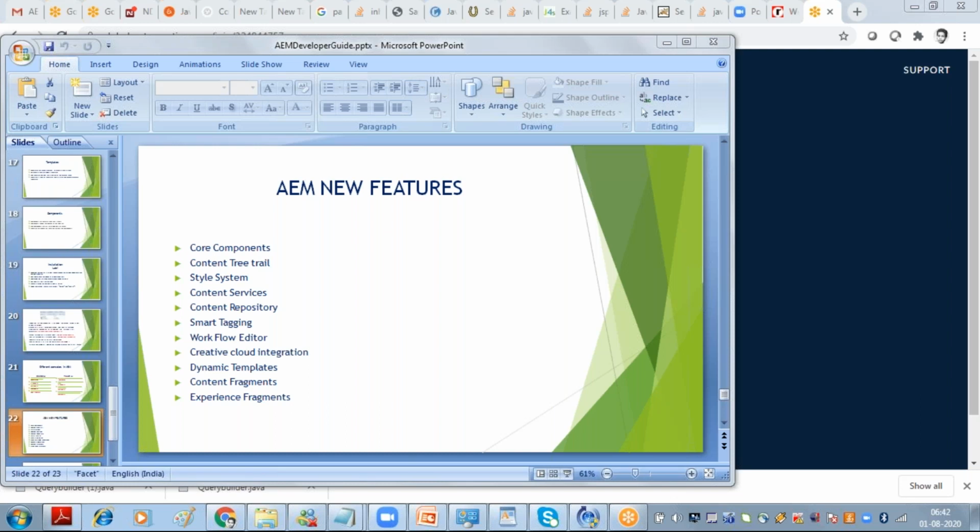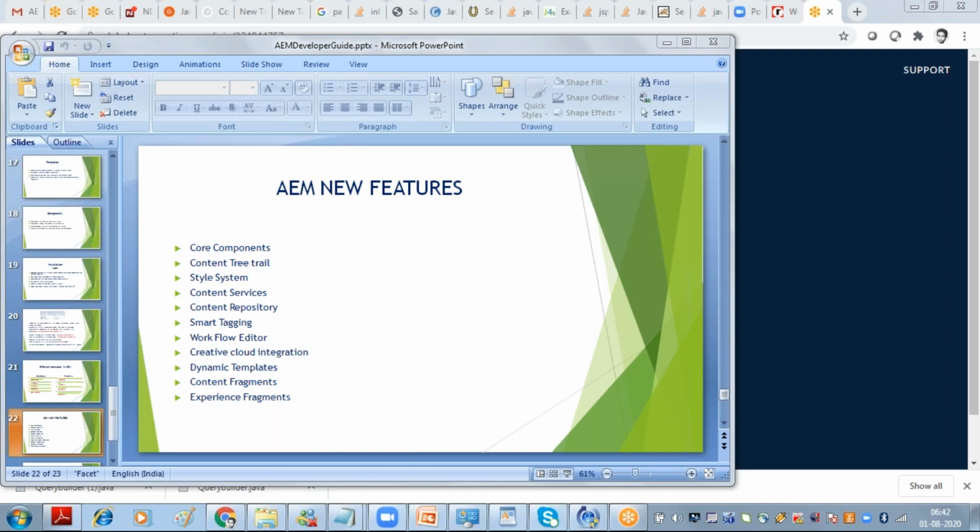So what is content services, you know, right? Content services means, let's say you have a website and you want to launch one mobile app for that website. Whatever content you are showing on your website, you want to show the same content on your mobile app. So how will you do that? You have to expose all the content in the form of content services.